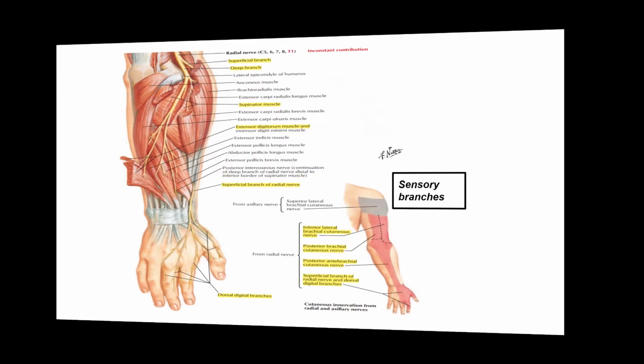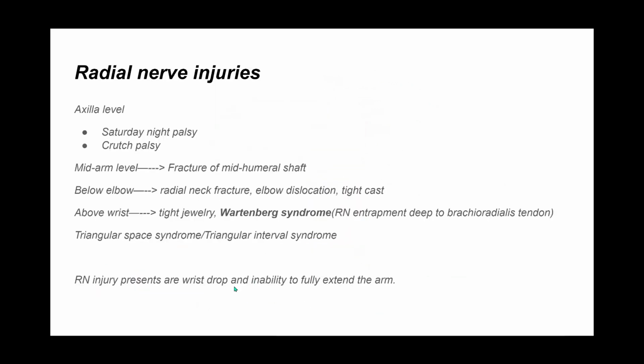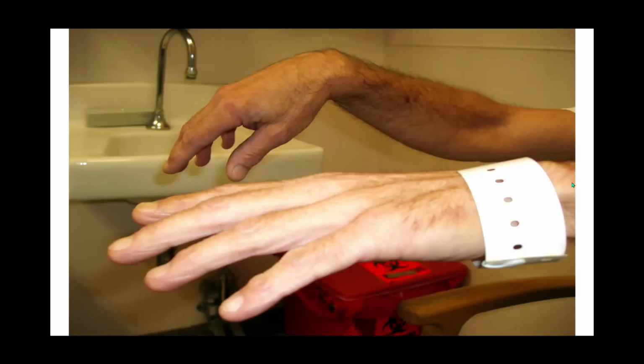Clinical presentation: radial nerve injuries usually present as a wrist drop. So this is what a wrist drop is. You can see this patient is fully able to extend his left wrist, but he's not able to extend the right wrist. So that's what's called a wrist drop. It presents as wrist drop, and depending on the level of injury, if it's at the level of the axilla, often above the axilla,